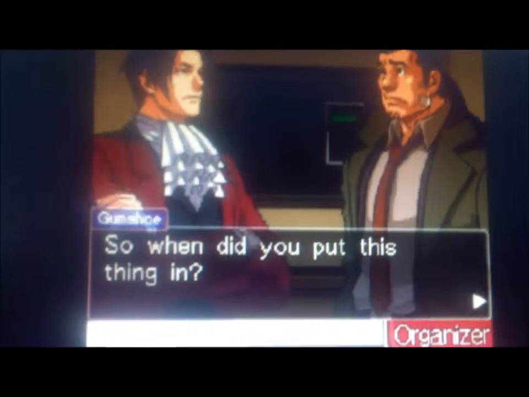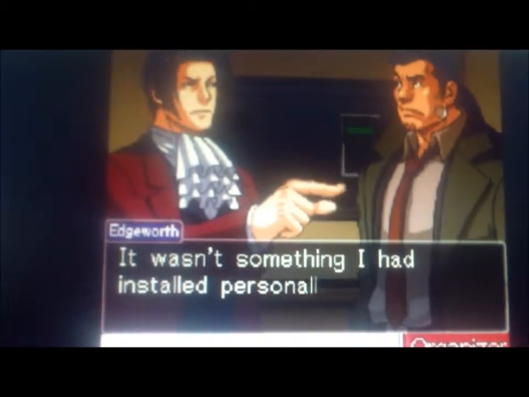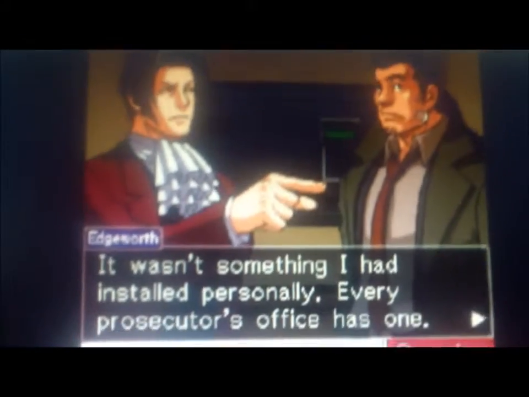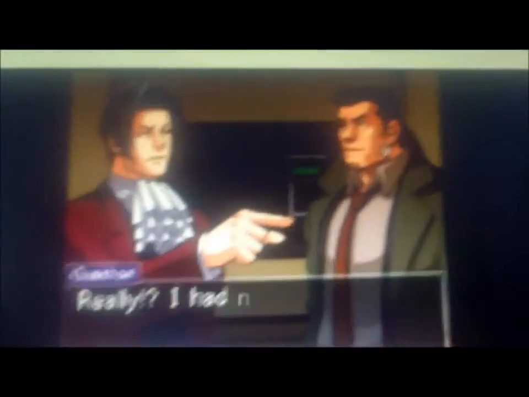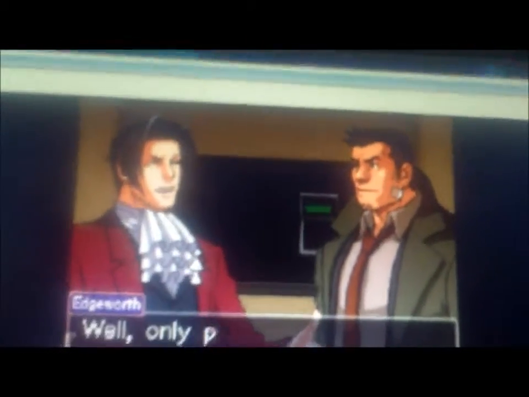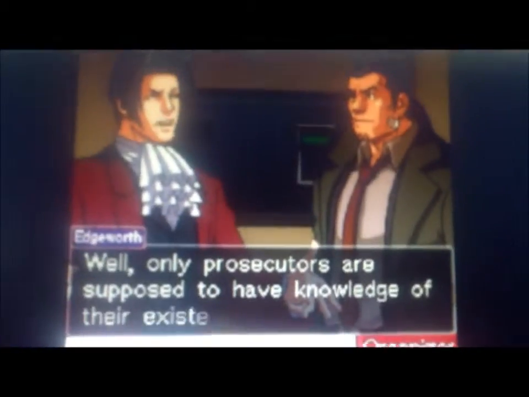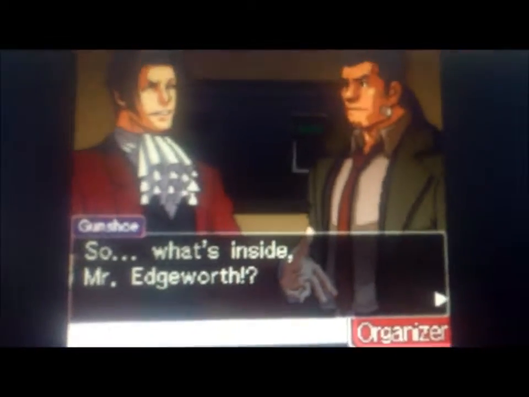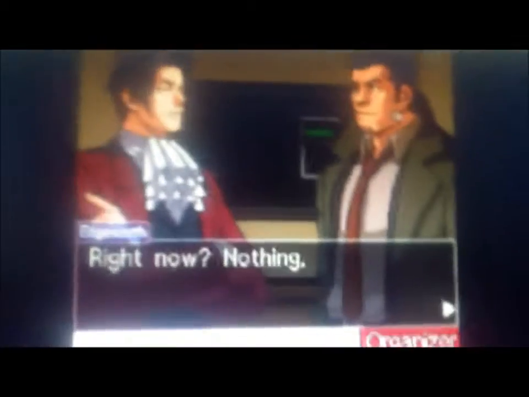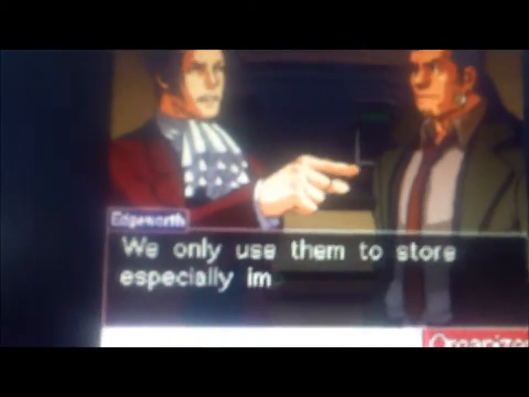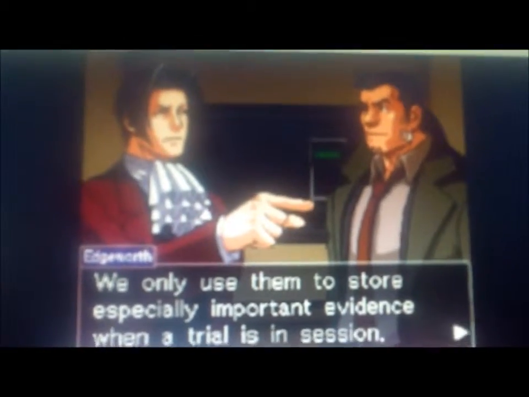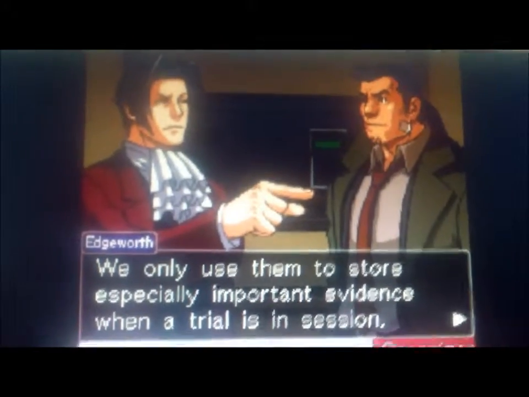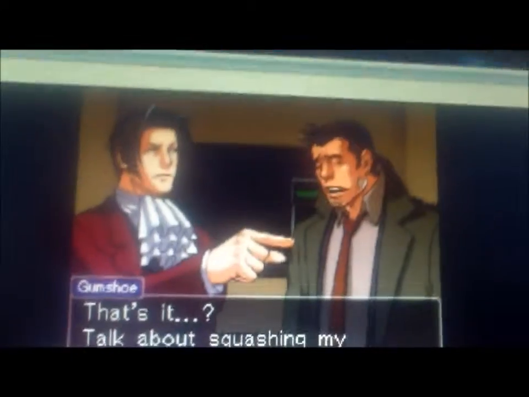So what do you put in this thing? It wasn't something I had installed personally. Every prosecutor's office has one. Really? I had no idea. Well, only prosecutors are supposed to have knowledge of their existence. So what's inside, Mr. Edgeworth? Right now, nothing. We only use them to store especially important evidence when a trial is in session. That's it? Talk about squashing my hopes and dreams.